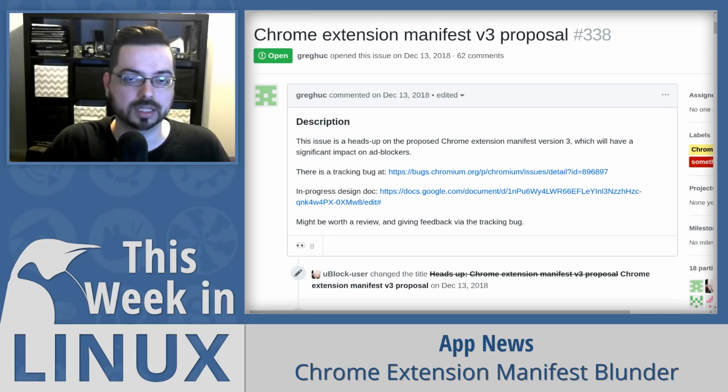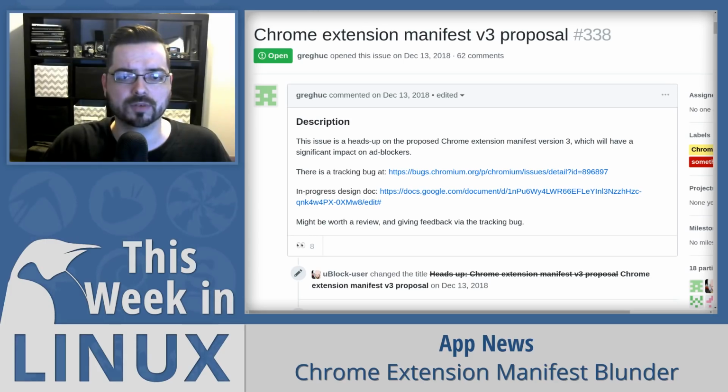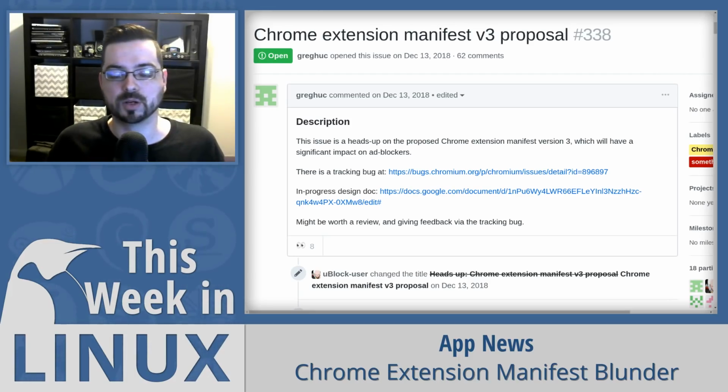Don't get uBlock, get uBlock Origin. That's a very important thing to specify. So he's voiced his concern over some of these planned changes. He says that basically if they're implemented as they're proposed, then it will remove functionality that the extensions use to